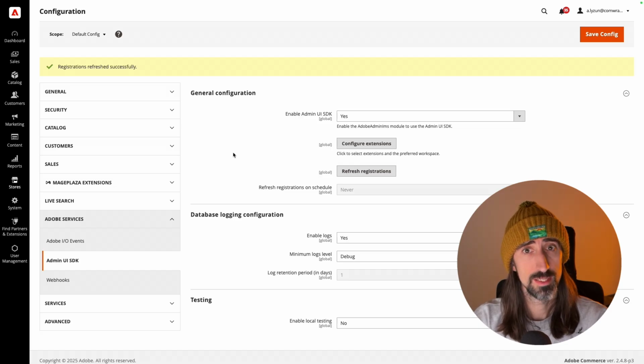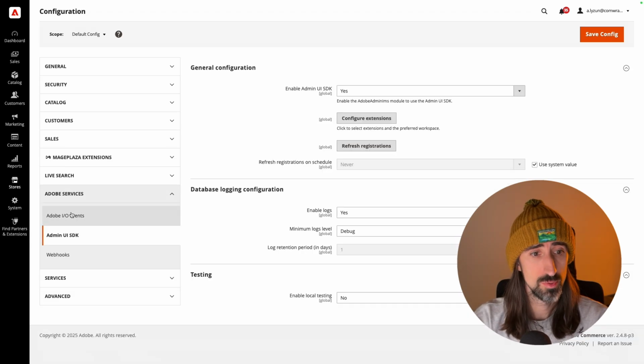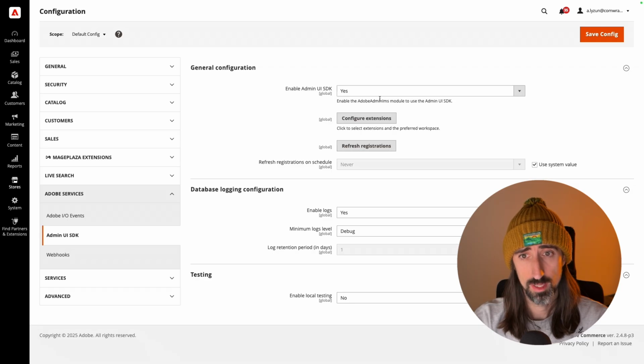That's needed because this module, which fetches App Builder modules, has to have access to the Adobe App Builder runtime and to the extension registry. And to do it, you need to be in the scope of the Adobe authorization system. So after we are done, we go to your Adobe Commerce admin, and